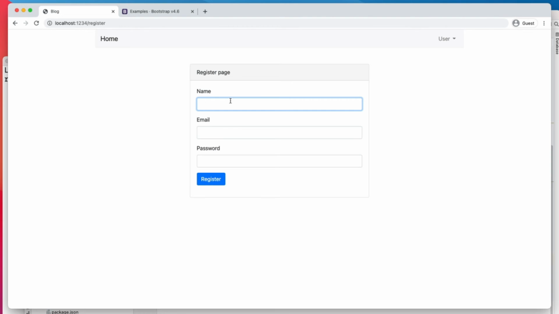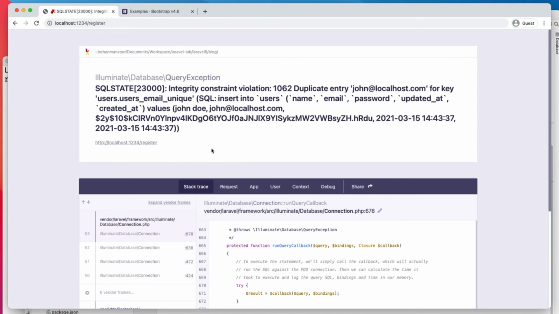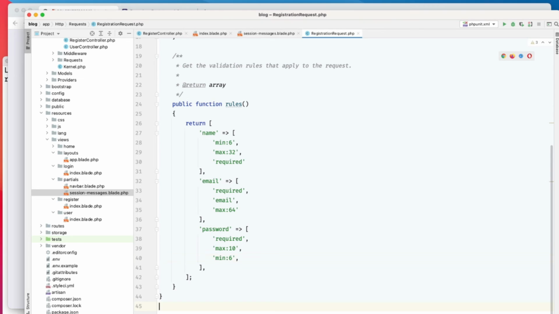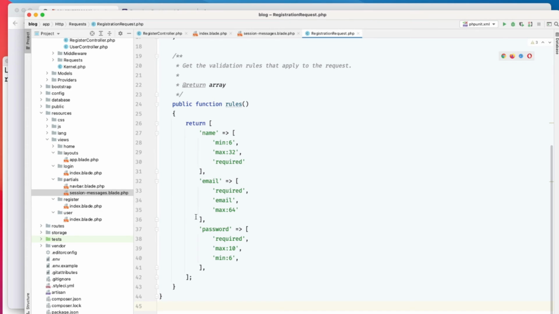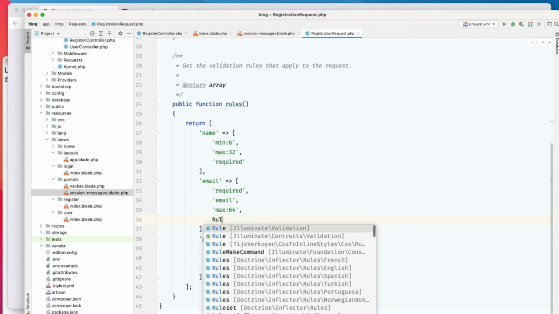Okay, so let's go ahead and see if it's working fine now with a valid email. John Doe, John at localhost.com. John Doe. Okay, so now we have a problem. This email is already in the users table, but we're trying to create another user with the same email. So to do that, we'll just use the unique email validation as well,